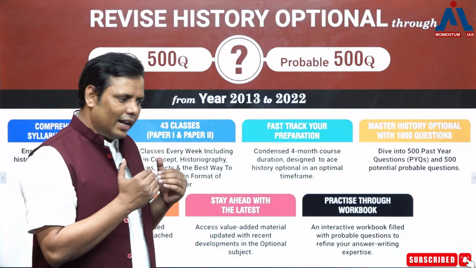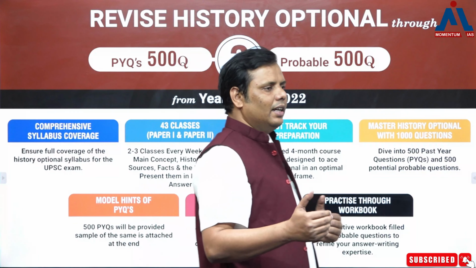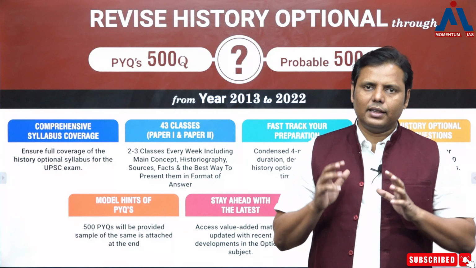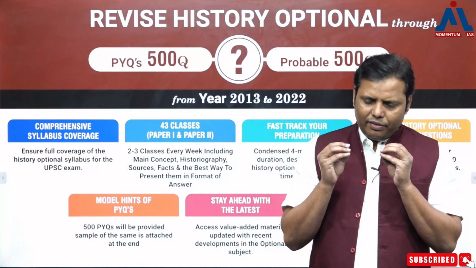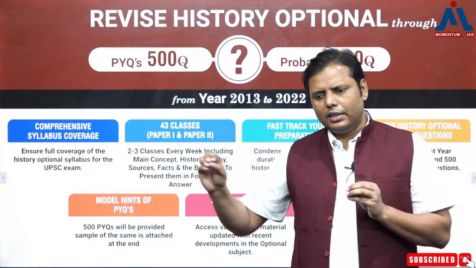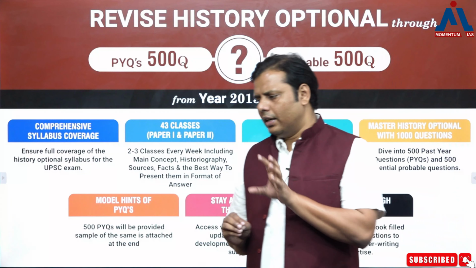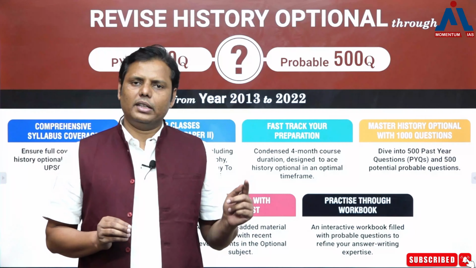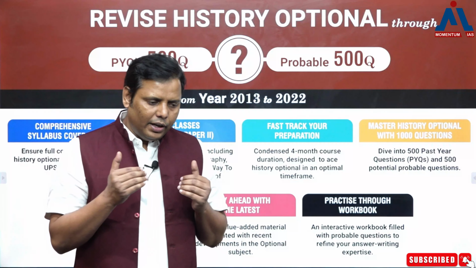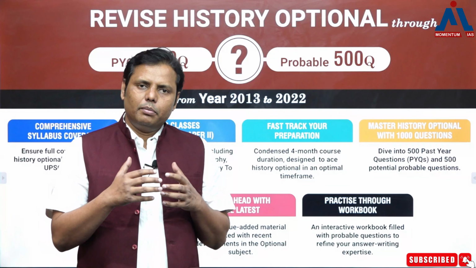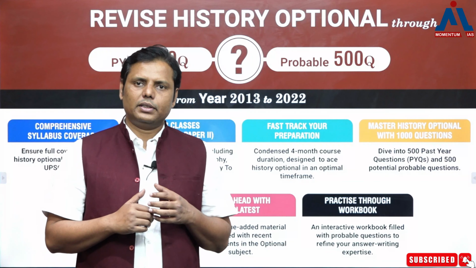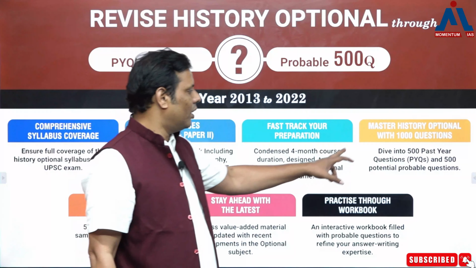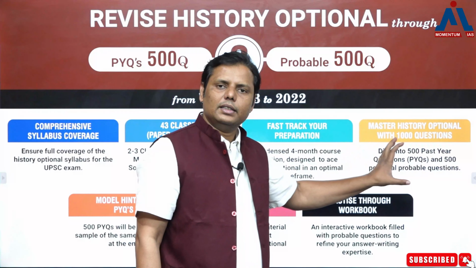So if they are able to score this much, it means that some specialized information is required. If you will be writing generic information, or information which is present in any notes or in a couple of books, because mostly you have been reading just one book for one section, which is not sufficient. If UPSC is requiring some standard information, then you need to come up with that kind of information. That's the reason we are going to provide you